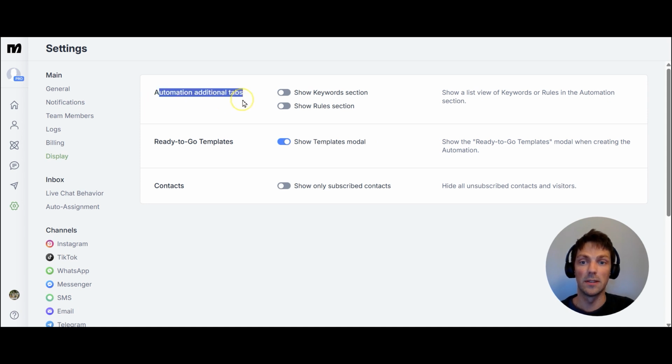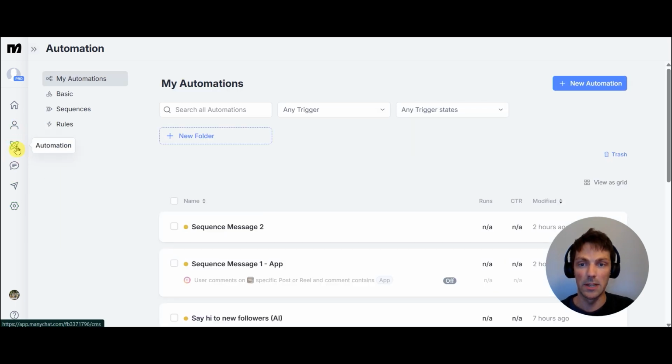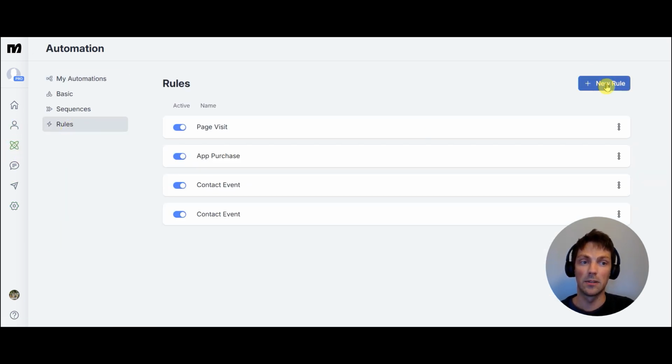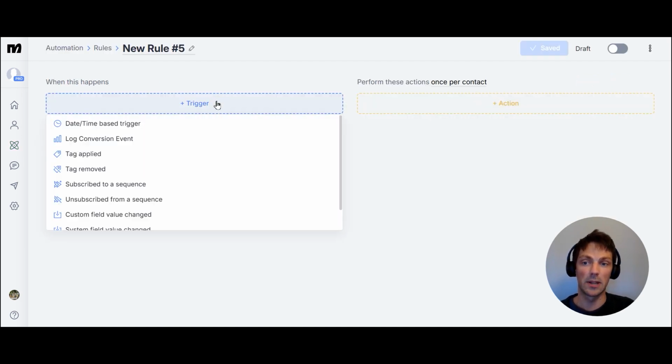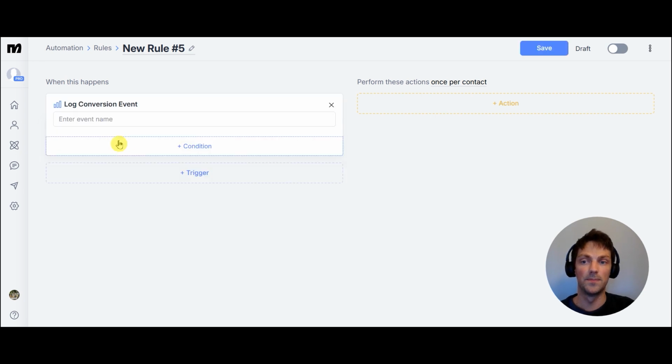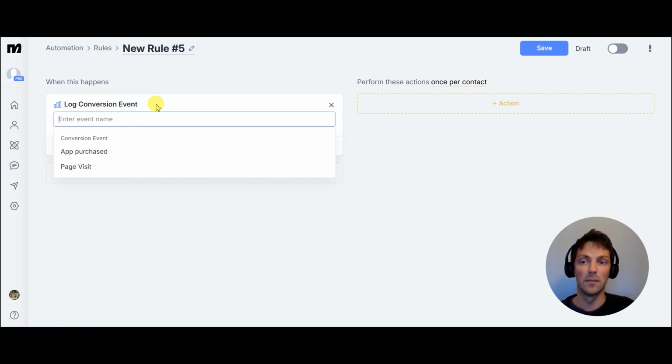For automation additional tabs, I want to show the rules section, so toggle that on. Back in automations, you'll see the rules tab here. Click it, and then you're going to create a new rule. We create a trigger, and you're going to use log conversion event. From here, you won't have it listed, but if you start typing whatever you named it, you can just